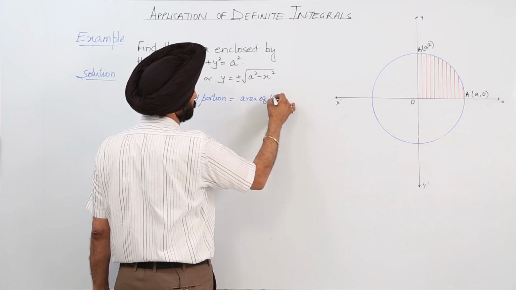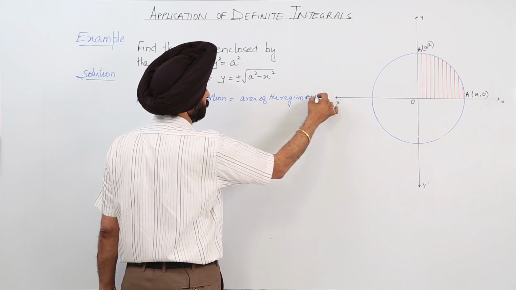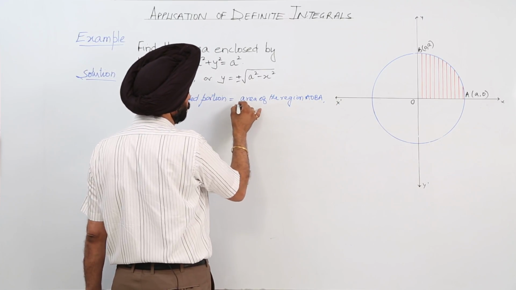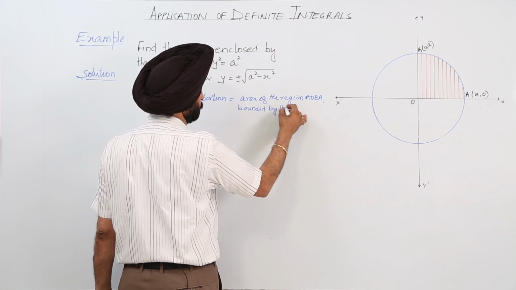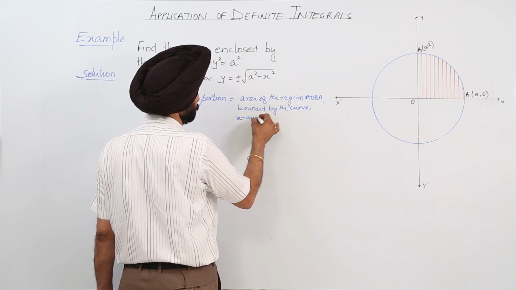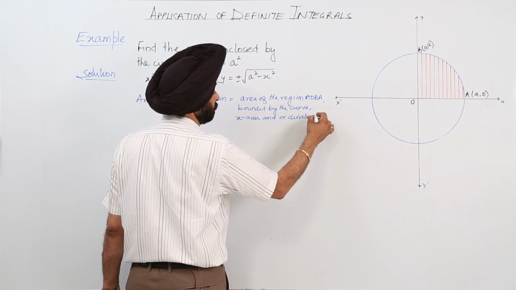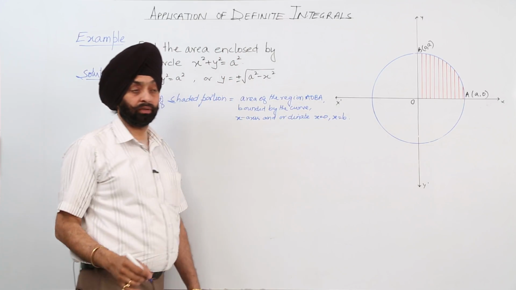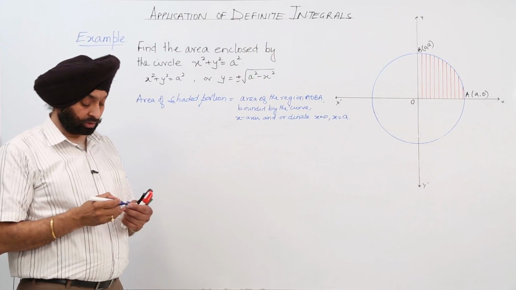Area of the region AOBA, area of the region AOBA bounded by the curve, x-axis and ordinates x is equal to 0 and x is equal to b. Sorry, x is equal to 0 and x is equal to a. x is equal to 0 and x is equal to a. Now,